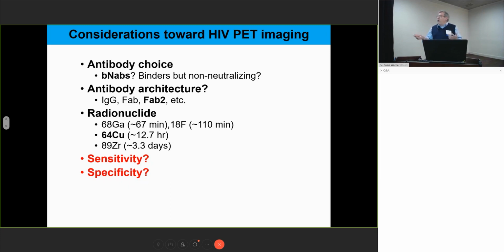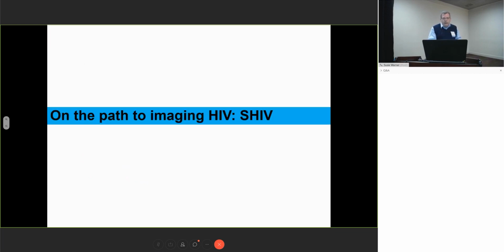And at the same time, there are design considerations here regarding sensitivity. Because we do know that many of these antibodies, when they bind to envelope, the envelope looks like it's recirculating. And so we do get an accumulation over time of probe within the cell. If we limit that, because we limit the circulation lifetime of the antibody, is that going to basically limit our sensitivity? And that's something we need to examine, and we're doing that at the moment. But when we talk about sensitivity and specificity, how are we assessing that? And that's what I'm going to get on to real quickly.